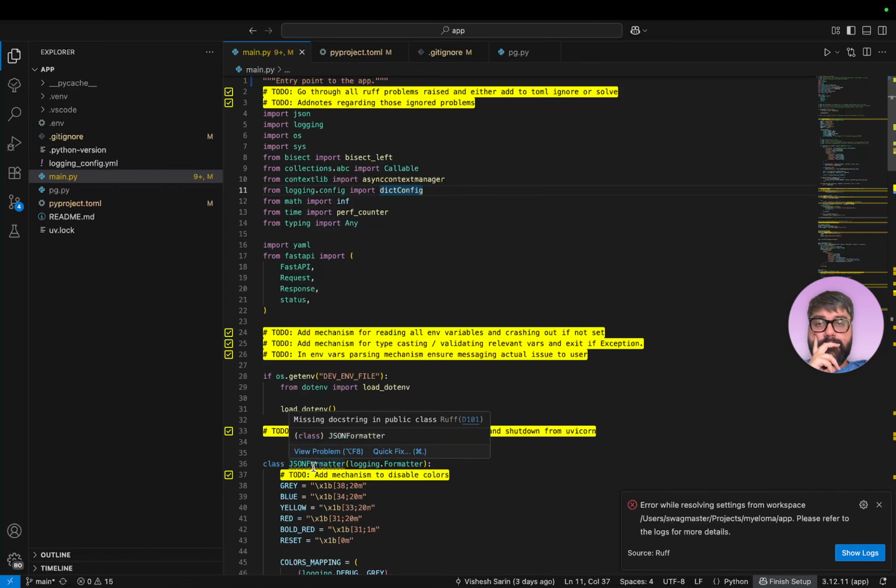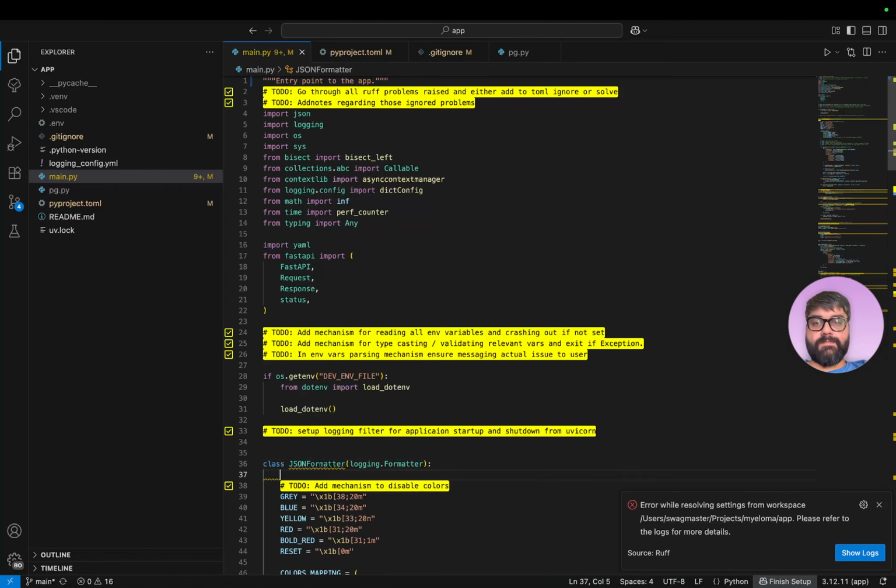Okay, here. JSON formatter missing docstring in public class. Log formatter. I'm just going to go JSON formatter for logs.